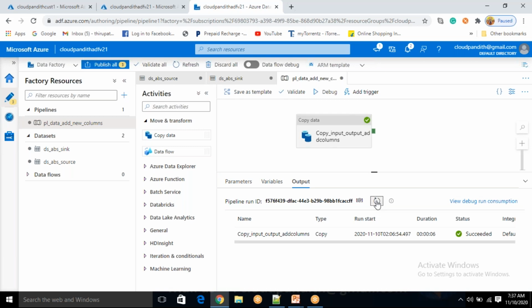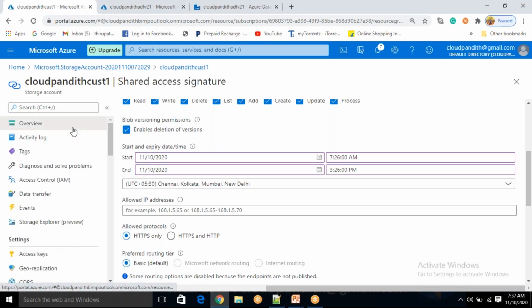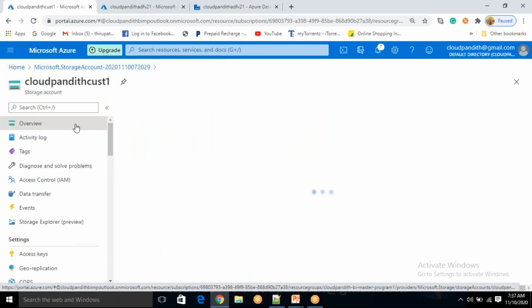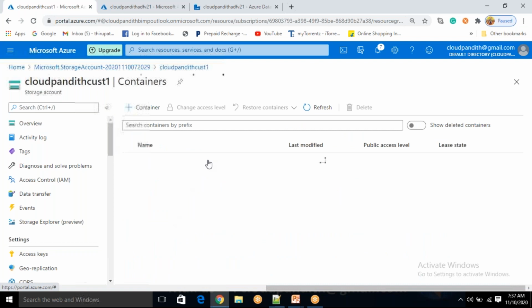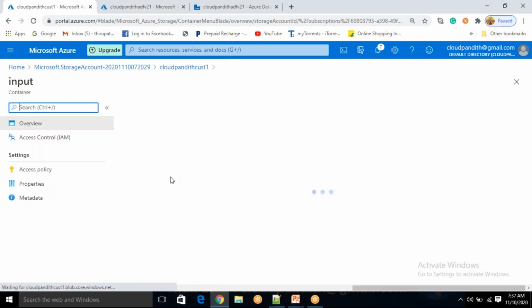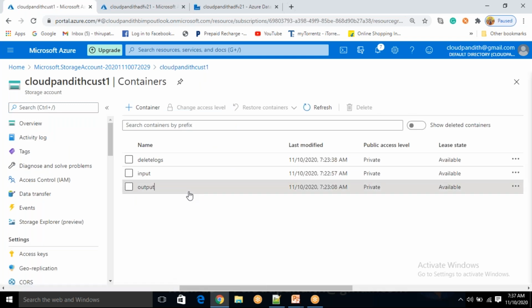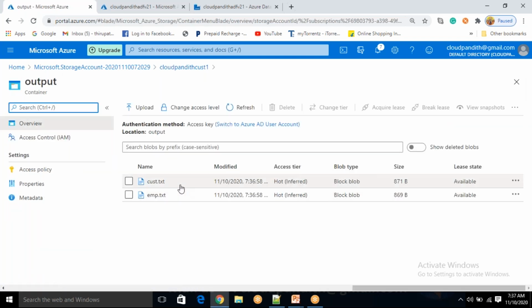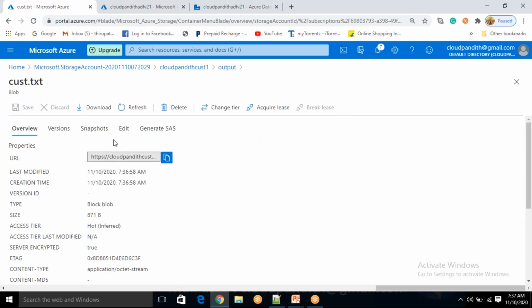Okay. So this copy activity is successful. Now come to here, go inside your output container and verify whether those two files have the new columns or not. See, the input container has multiple files here. You can see, come back, you just go to your output container. In this we have these two, but why is the extension .txt? Anybody tell me, friends? We have already seen this issue.